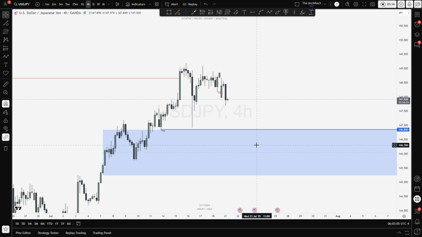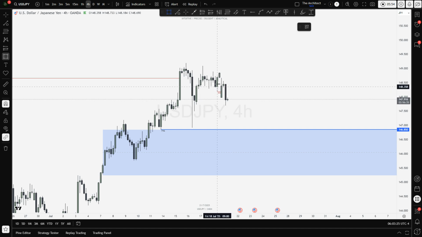Cool, so this is the H4 time frame. We can see over here we got a market structure shift, giving us an indication that we're potentially looking to push towards the downside because the lows are starting to fail, right? And so how you'd go about entering this is you just want to wait for either a